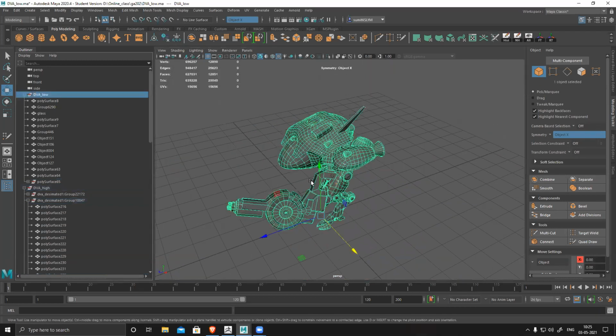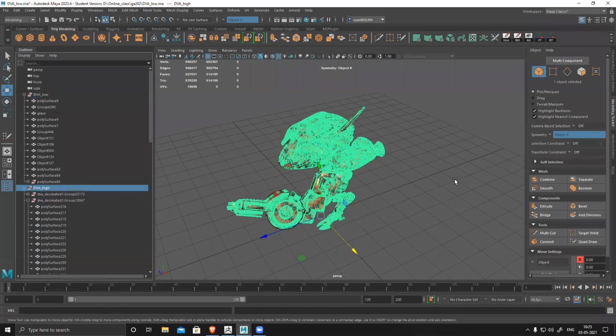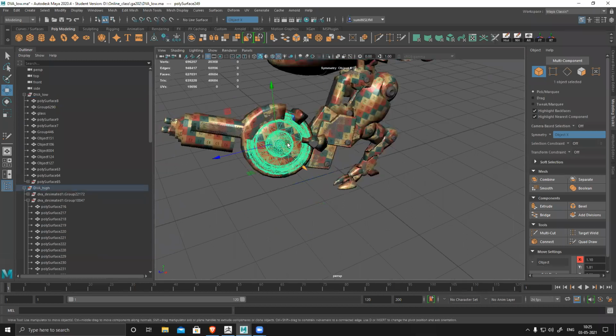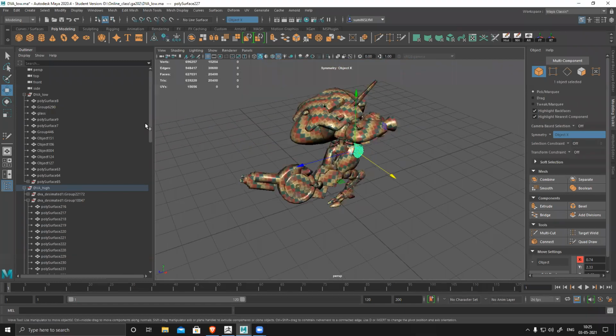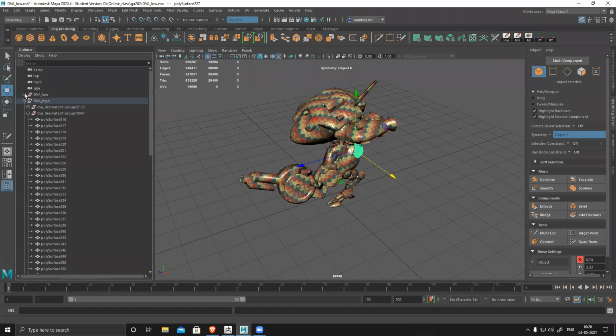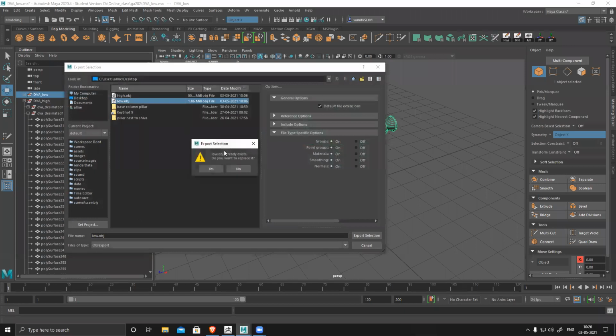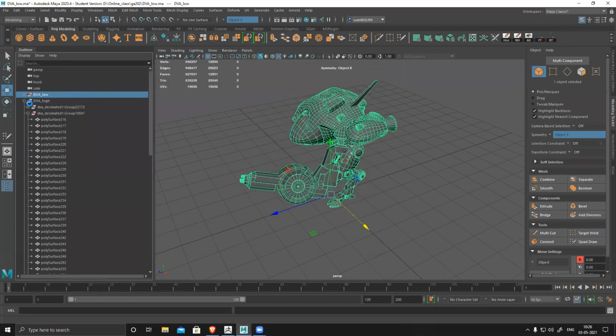You can see my low poly, everything in separate parts, and high poly, everything in separate parts. And all these nuts and bolts and everything I have combined with the respective parts; you select, and you can see it's attached with those things. So now if I try to bake this, let's see, I have to export it once again. Export selection, low, because I have moved it.